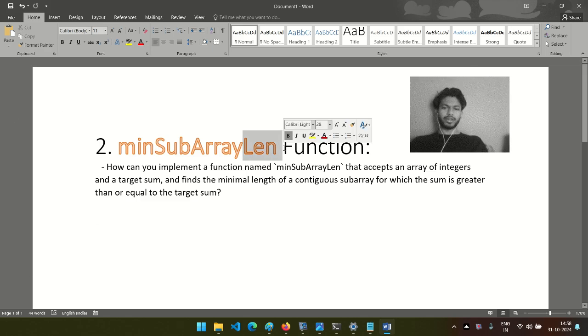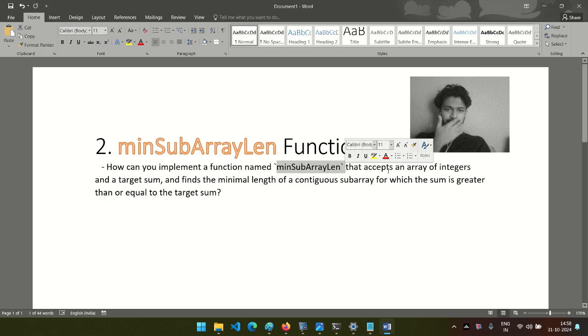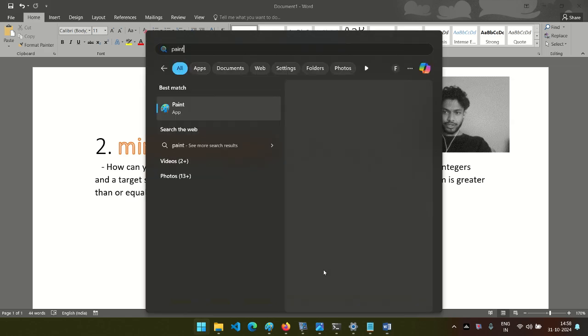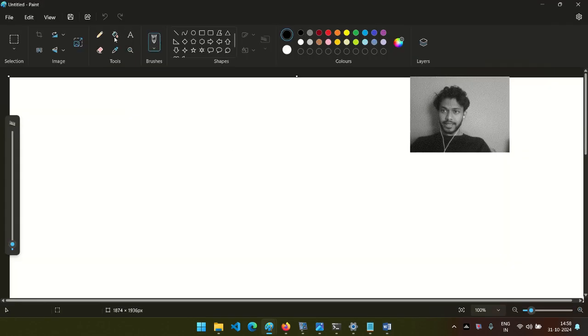minSubArrayLen. What is this? It's quite hard to understand. How can you implement a function named minSubArrayLen that accepts an array of integers and a target sum? Okay, makes sense. Let me just show you what it's saying. It is saying a function, and that would be taking